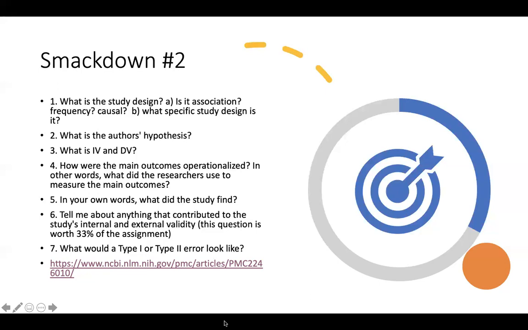So the IV would be what? If you're looking at two different treatments, the IV is what the researcher manipulates, or decides which group gets what. And so then the DV, the dependent variable, is the outcome. And so they have this beautiful method section that is very thorough, and it tells you exactly what was going